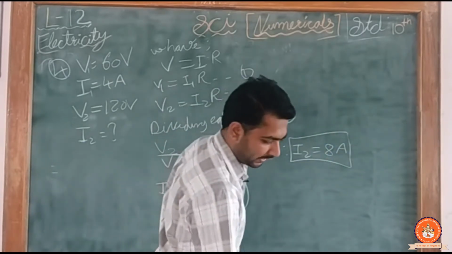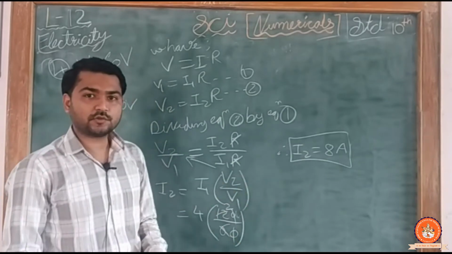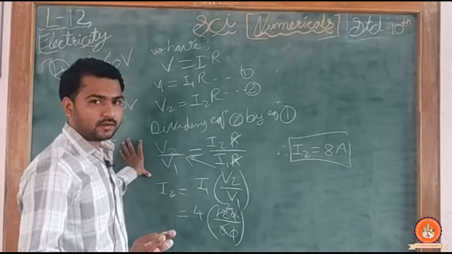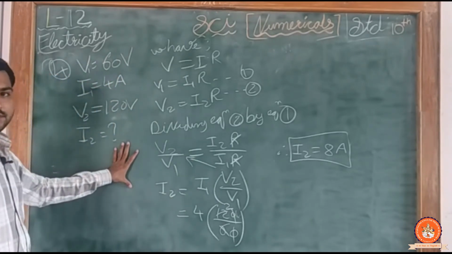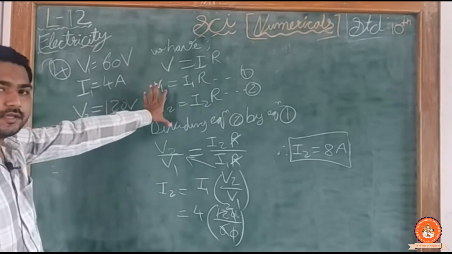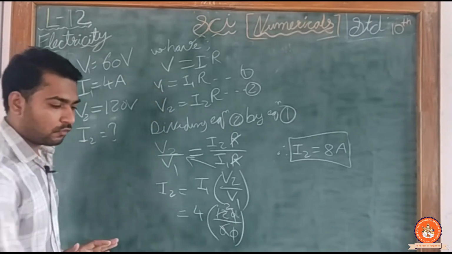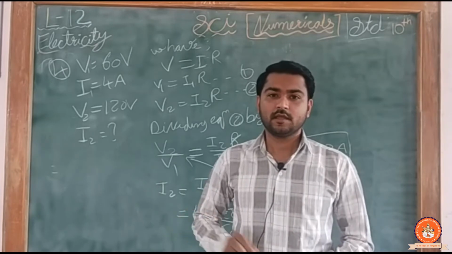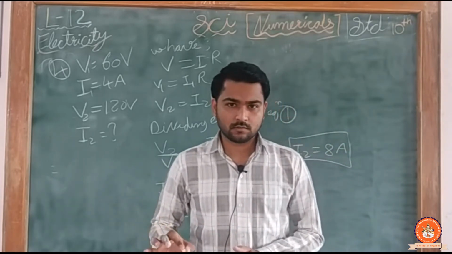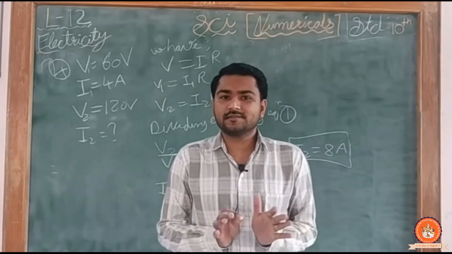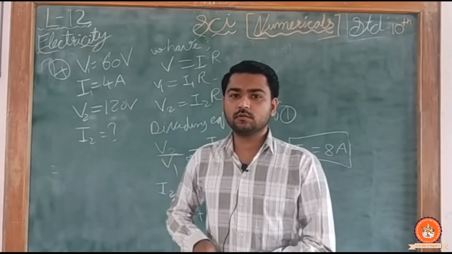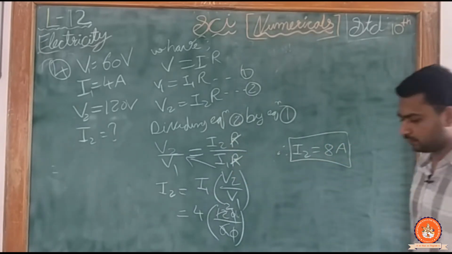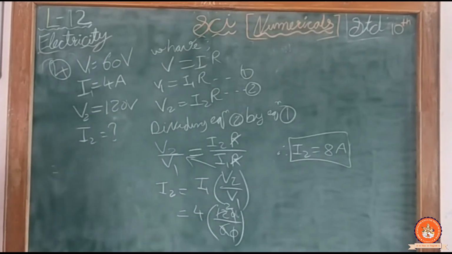You get the answer. See, the method your book uses for the sums is different, this method is different. It depends upon you which method you follow. This method is very good, you only have to remember the formula and divide the sum. In your book they don't explain anything, they directly write the statement according to this and directly put the value. They don't explain how they get the value. Clear? So this is a very simple method. You can go through this method also, you will get the marks. So write down this thing.